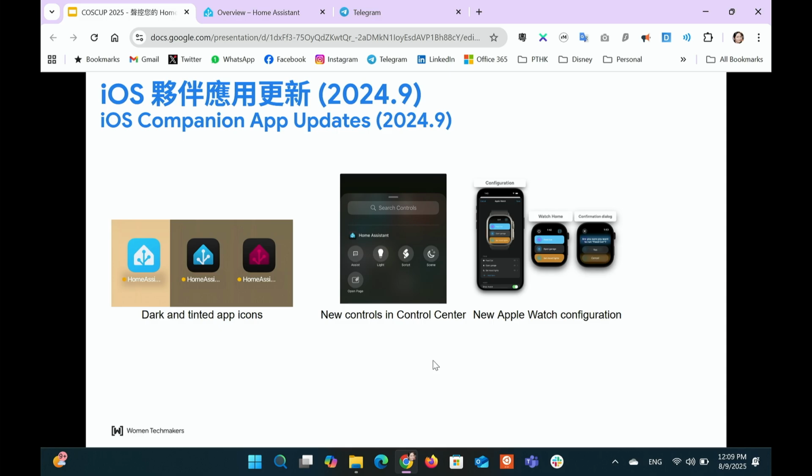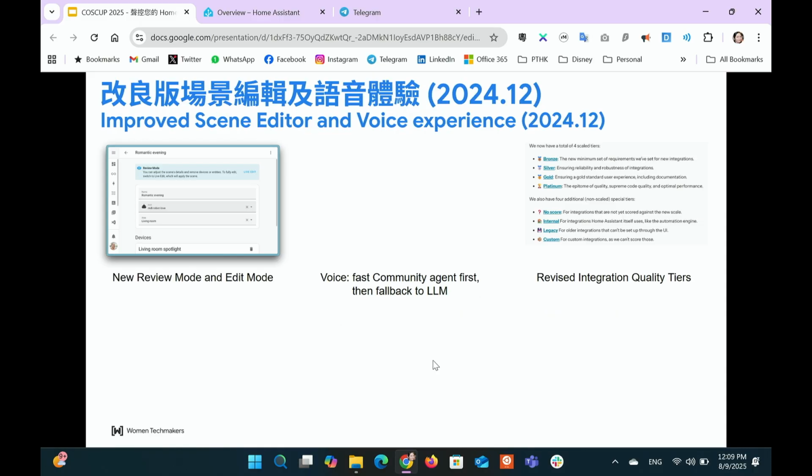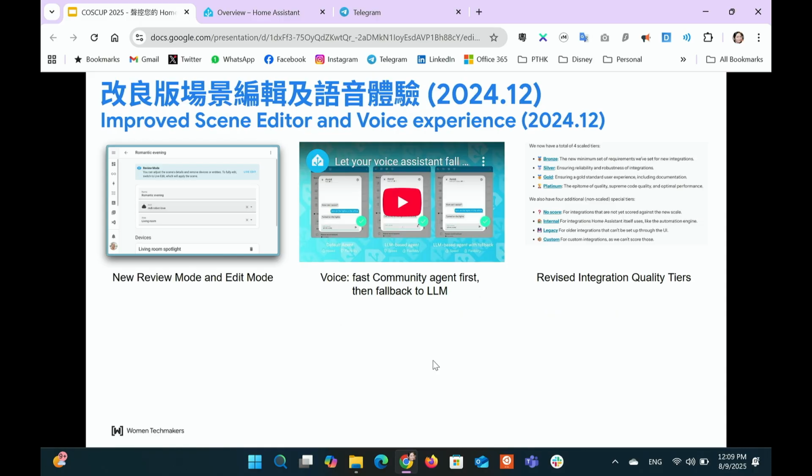If you use Android, Home Assistant can be your default voice assistant, so you can replace Gemini or whatever voice assistant, so you can learn about your home much better. And there are also improvements in terms of the scene editor. And also there are some integration